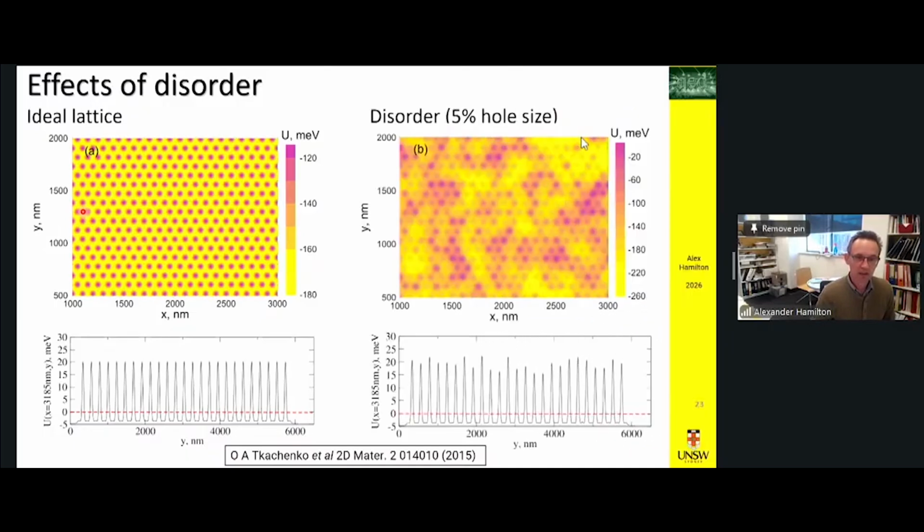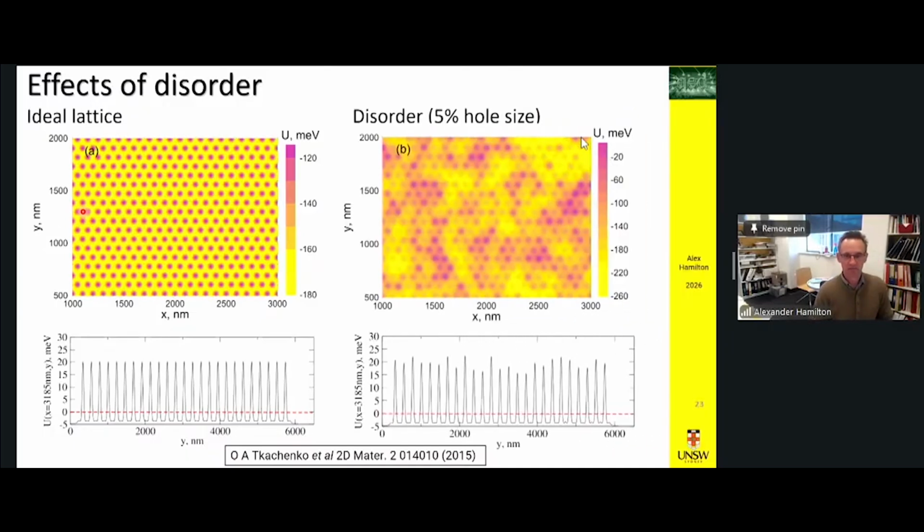As soon as you put a little bit of disorder in, and it really doesn't have to be very much disorder, then the height of the potential is not uniform. And that's like creating a solid. Instead of creating, say, a solid out of carbon, you're mixing a bunch of different elements. You may have the correct lattice constant, but if the elements are wrong, then you won't end up with a